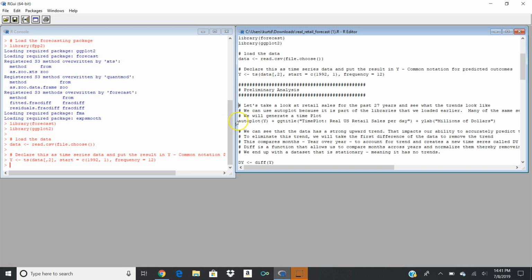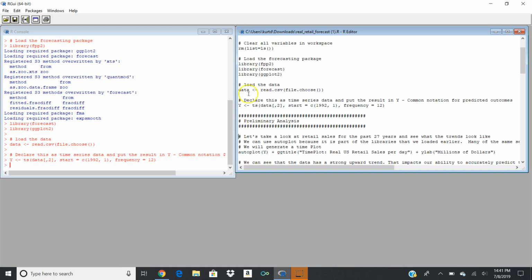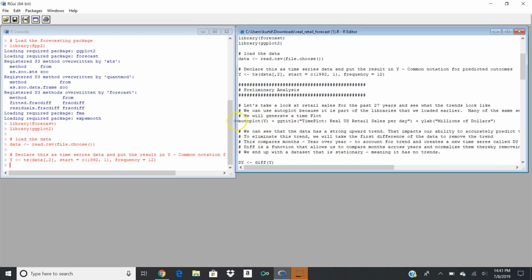So we have this function called Autoplot. And Autoplot comes along with the libraries that we've loaded up here. Autoplot will allow us to plot out our time series analysis, and we can give it some ggtitle. We can give it the Y labels. We can give it X labels if we wanted, whatever. But this is pretty simple and straightforward. We've just given it a title. We've just given it a vertical axis. And when we hit Autoplot,